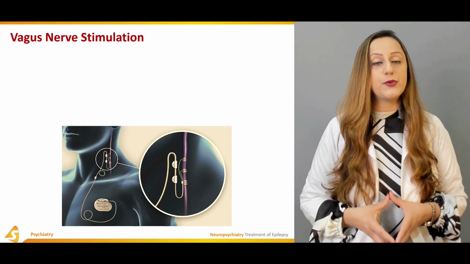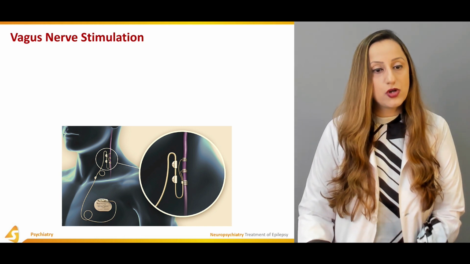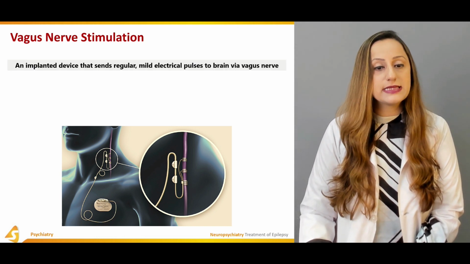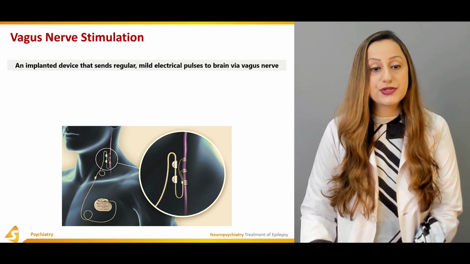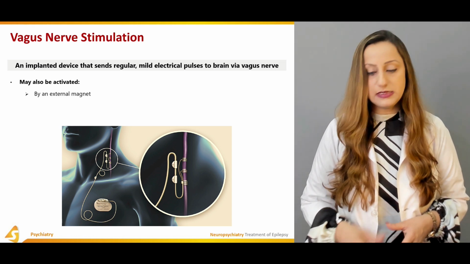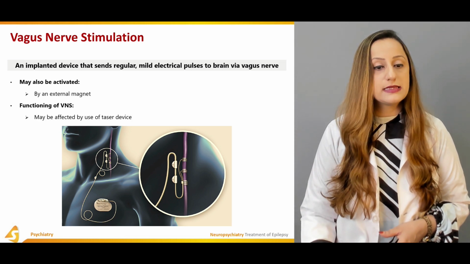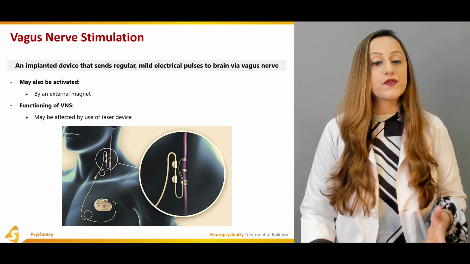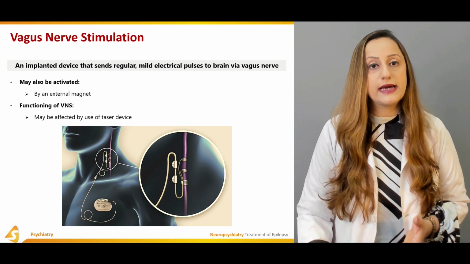Then on the other hand, we have vagus nerve stimulation that is sometimes indicated in a lot of patients, an implanted device that sends regular mild electrical impulses to the brain via the vagus nerve. It may also be activated by an external magnet, and sometimes the functioning of the vagus nerve stimulation is affected by the use of a TASER device